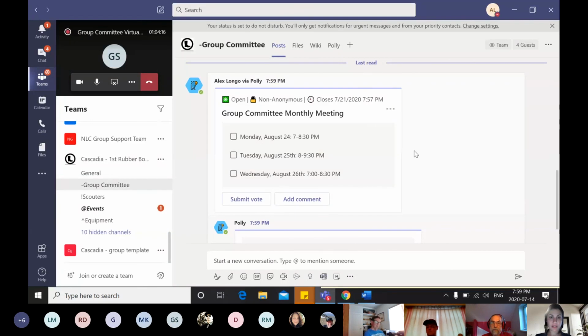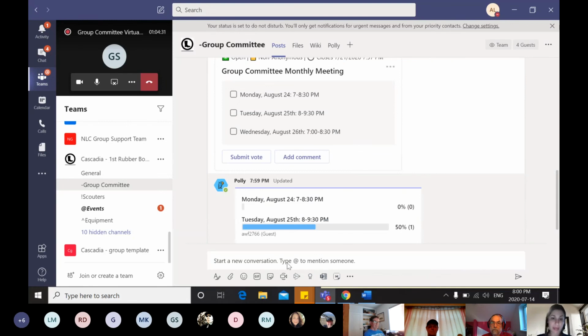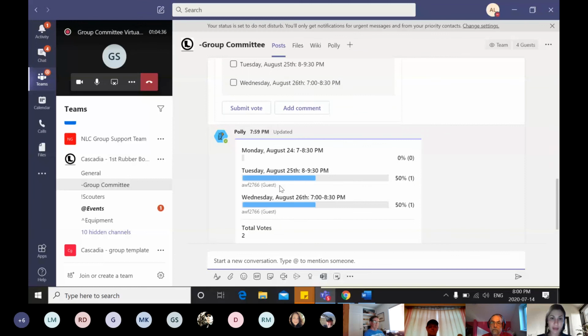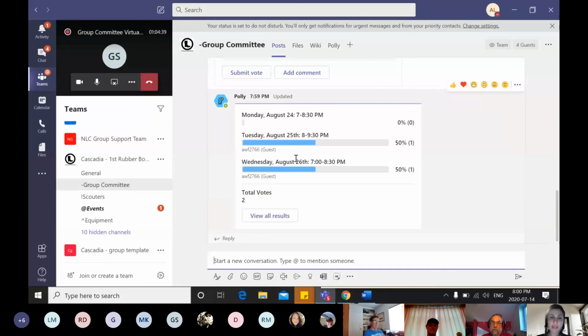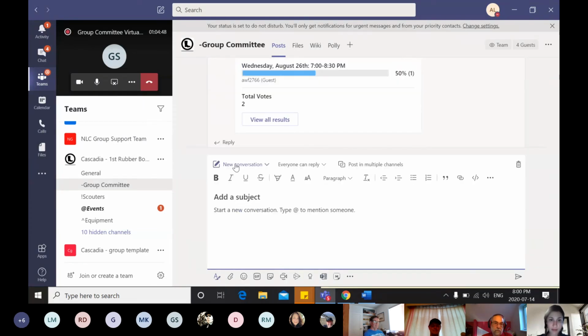And so all guest users part of the Teams can select the time, and then whichever time and date slot has the most votes will be the time and date that you would meet. And so to host a meeting, I would make an announcement. So Andrew voted for Tuesday, August 25th, and he also voted for Wednesday. Say we had 4 more people and they all voted Tuesday. That was the consensus. I would, as the lead of the meeting, send an announcement